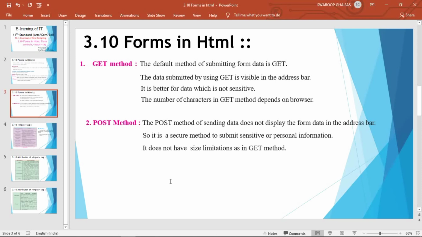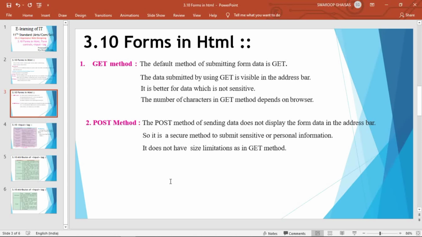And the last point is that there is a size limitation. That is, the number of characters that can be sent with a get method depends on the browser. There is a certain limit on the number of characters to send with a get method. But in case of post method, there is no size limitation. So this is the difference between get method and post method.